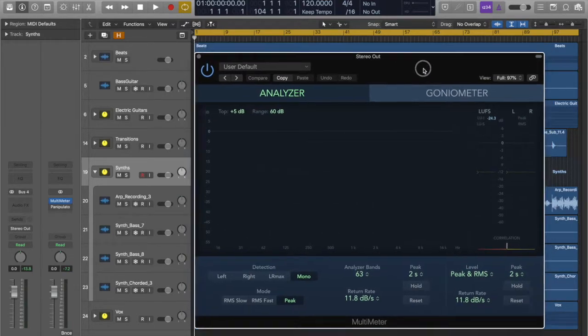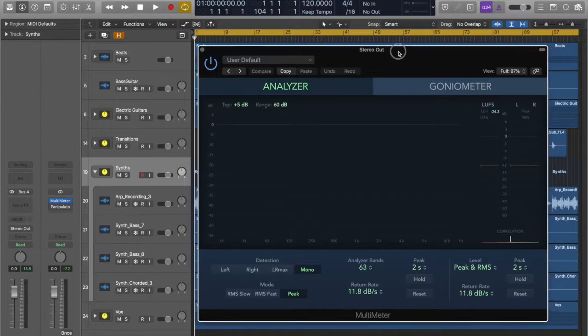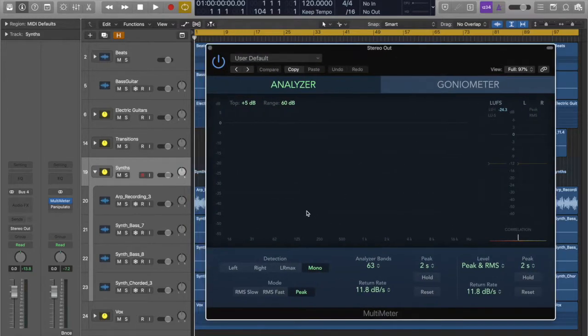For the sake of this mix, I'm going to be looking at cleaning up the mix, creating a bit of transparency, or a bit more transparency, as well as keeping the power where it's required. I'm going to be using the multimeter that we set up in video 2. Basically what we're going to be doing is looking at this graph